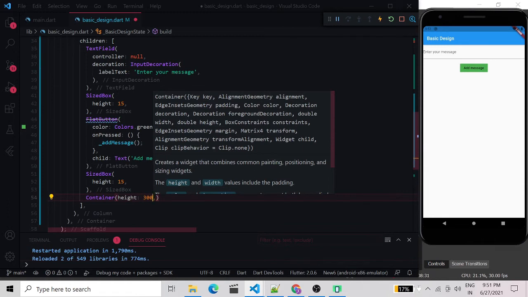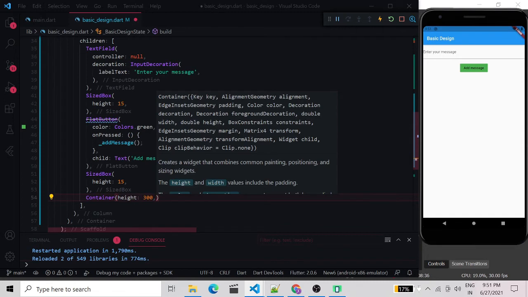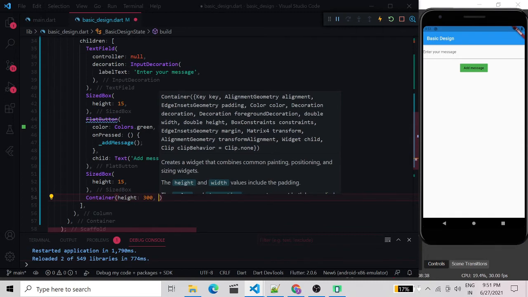Because the list view which is going to be created inside a column widget cannot be used, because both the list and column scrolling directions will be the same, either top to bottom or bottom to top, so both cannot be used. In order to do that, you need to have a fixed size container which will hold the list view.